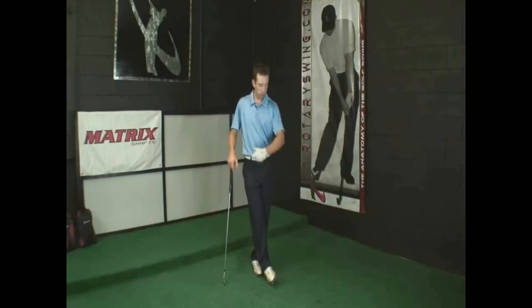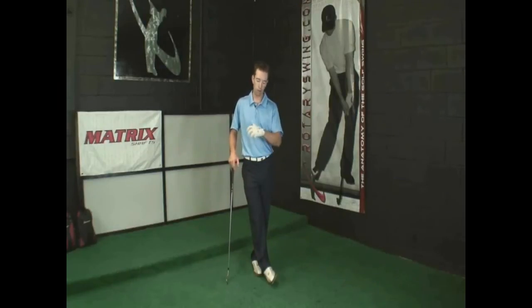As you've learned in our knuckles down, logo down video, really what we're trying to do to control the club face is all done with that pulling motion of the left hand. It's very important for that to be trained to keep the club face moving in the correct direction, to keep the club face stable, because that's the dominant hand in controlling the club face in terms of being able to